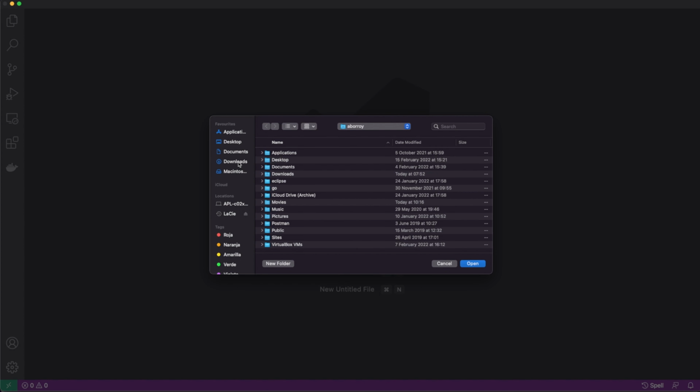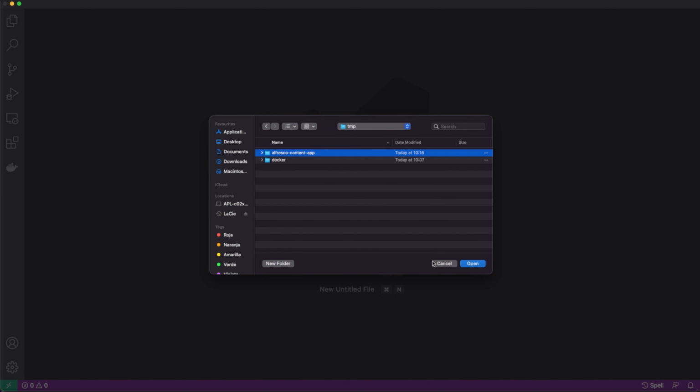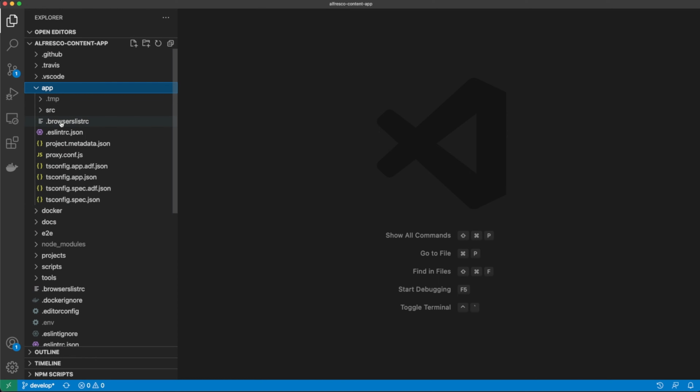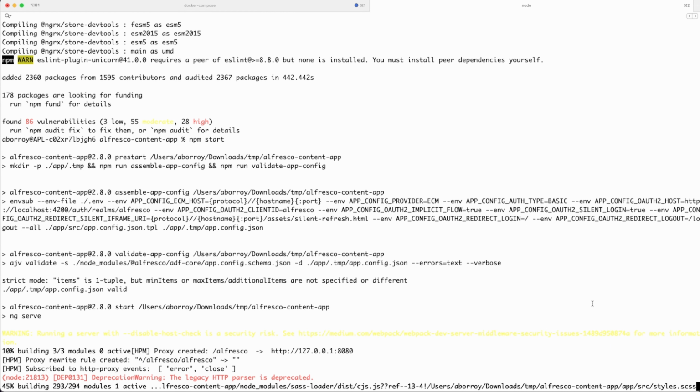So let's open the source code that we cloned in this folder. I'm using this Visual Studio Code tool, but you can use any other if you feel more comfortable with some other application. You can see this app folder that is the one we are going to use in order to deploy our extension and in order to create that extension. So moving back to that, it's building all the Node modules, it's linking the application, and finally, when